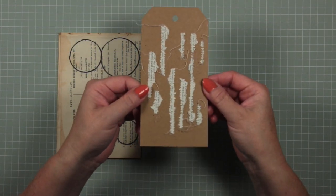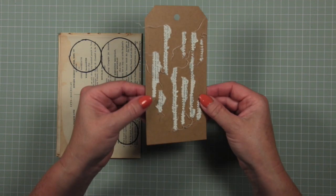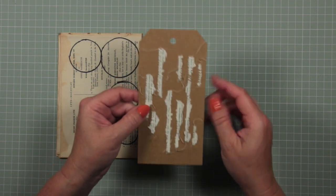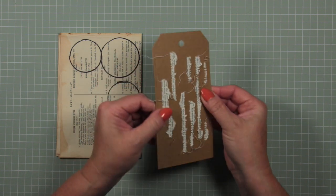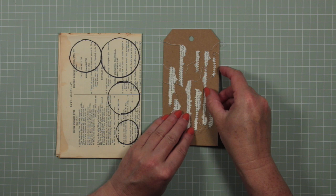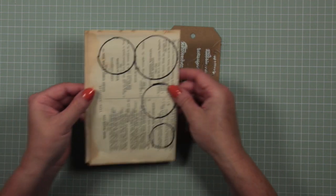This is how my tag looks now that I've ripped away all that extra paper that wasn't held in place with the stitching. I've left the little threads hanging at the moment. I may cut those off. I'm going to see how I feel about the tag later on, and I'm going to make some very simple,